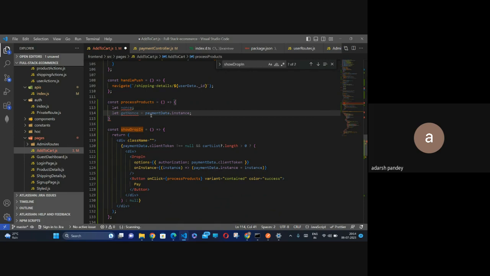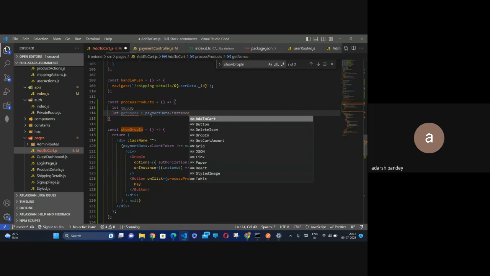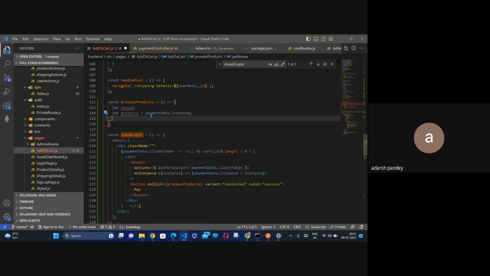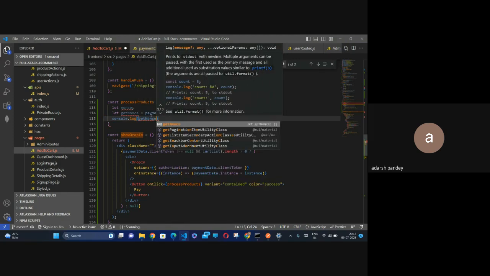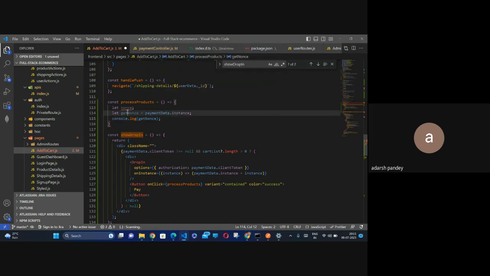So, and now because you have to receive their card details, for this reason you have to call a method which is inside the instance. So I'm going to console this, what getNonce, and let me just comment it nonce,